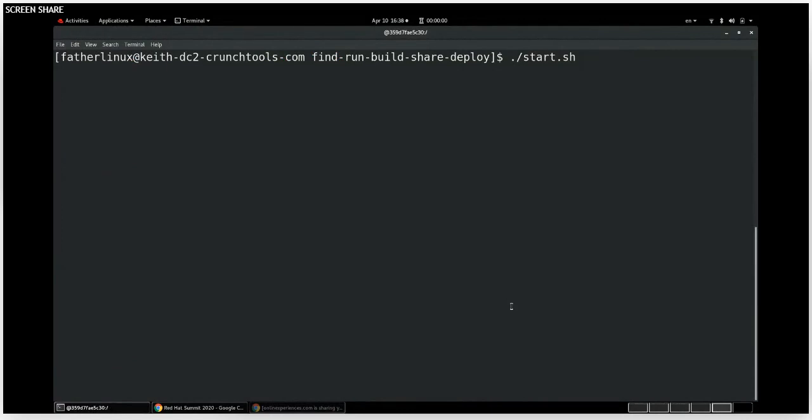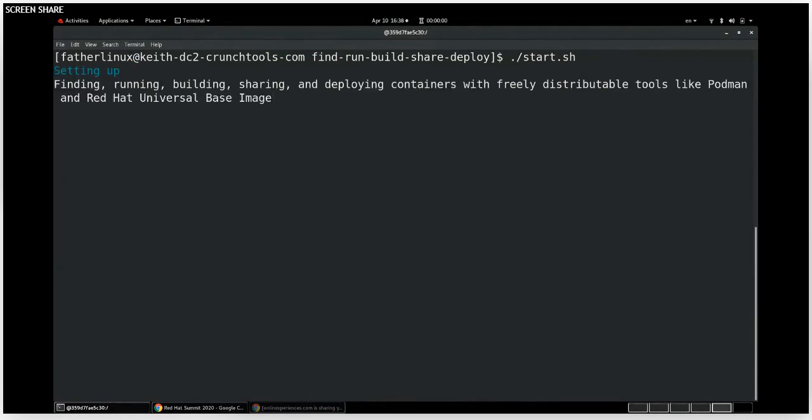So the first thing we're going to do on this path from finding, running, building, sharing, and then deploying, we're going to start with a tool called Podman, and we're going to start with a base image called Red Hat Universal Base Image. I mentioned we're going to go out to the Red Hat Container Catalog. So registry.access.redhat.com is our registry. That's kind of the back-end OCI compliant container image registry that sits behind the Red Hat